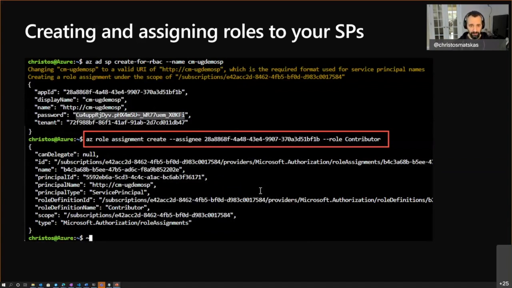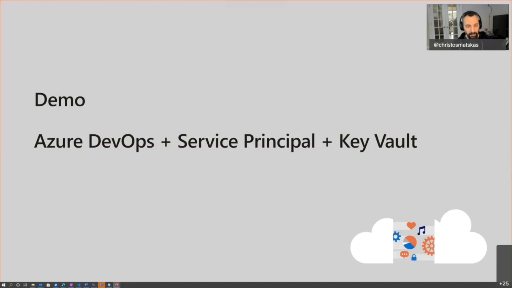So I can have a service principal that can only speak to a storage account, a very specific storage account within a resource group. And in there, maybe I can only give it permissions to read the blobs and nothing else. So that's very nice, as we can lock things down ourselves. Now, one of the things I really love about Service Principal is that it allows me to create CI/CD tasks that run securely. And I have a couple of demos for you here.